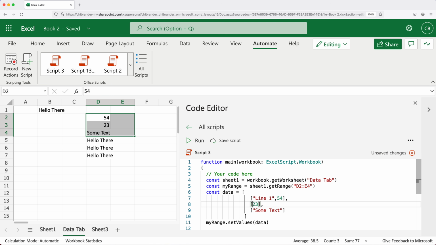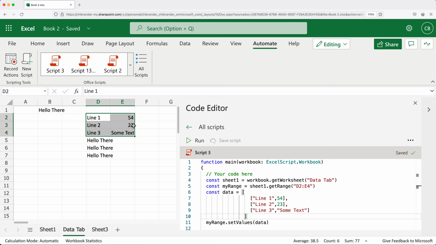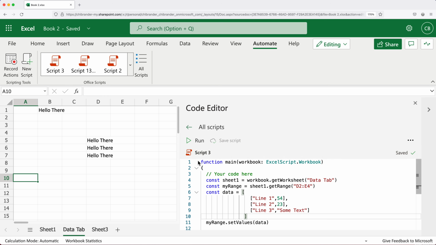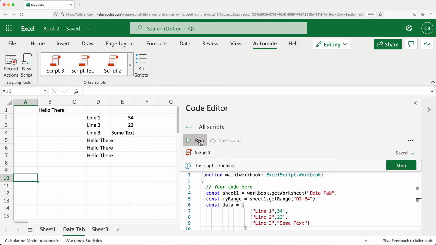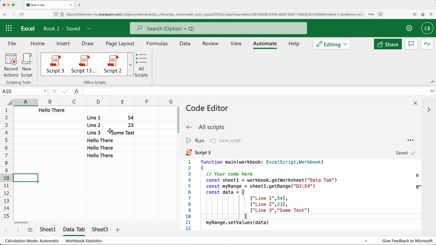And then for our second row, we'll have, again, 2 columns of values. I'll just do line 1, line 2, line 3. But those could be any values. So I'm going to save this and rerun it so you can see what happens. And you can see how we write this entire array to that range. Again, it has no relationship with my selection. If I just clear this, click someplace here, and rerun this, you'll see that will happen anyways, because our selection